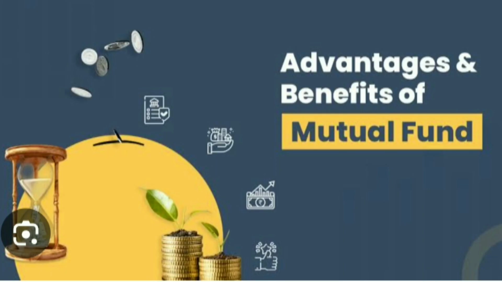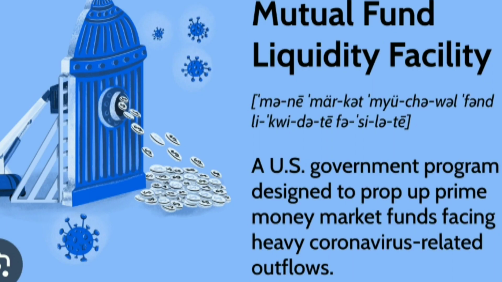First is liquidity. Unless you opt for a close-ended mutual fund, it is relatively easier to buy and exit a mutual fund scheme. You can sell an open-ended equity mutual fund unit when the stock market is high and make a profit. Do keep an eye on the exit load and expense ratio of the mutual fund.